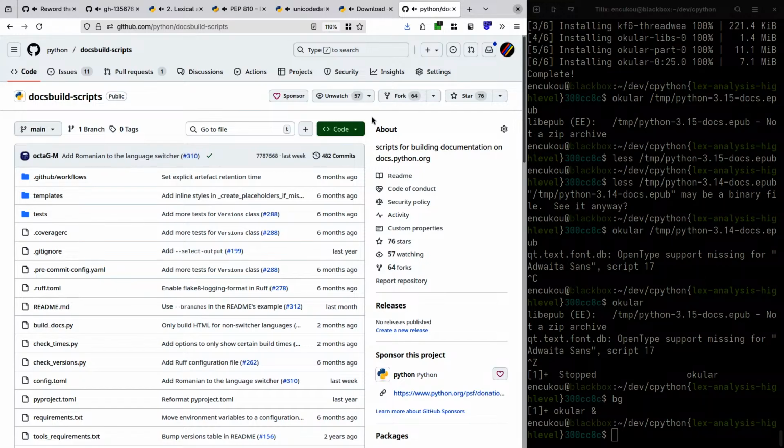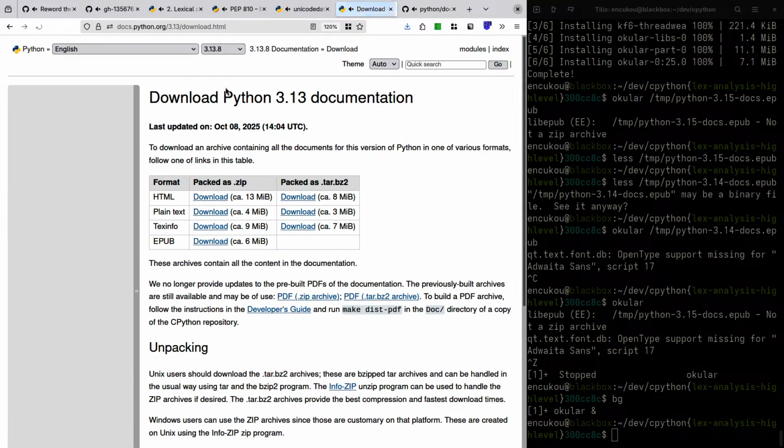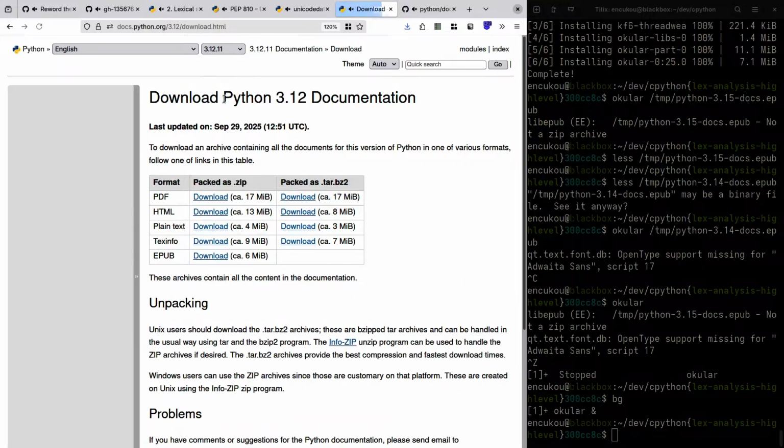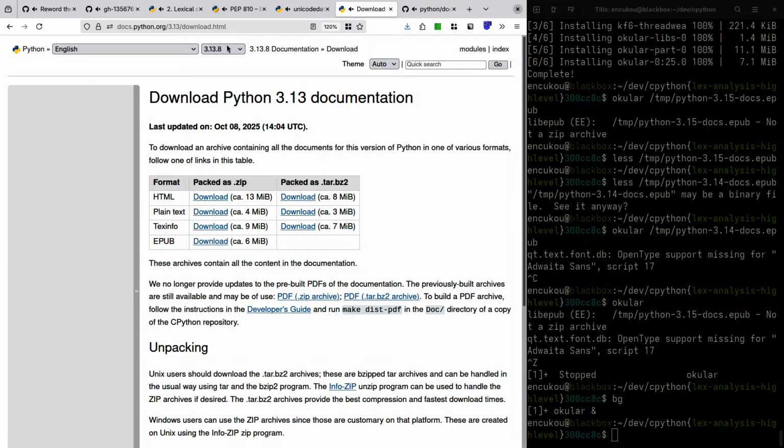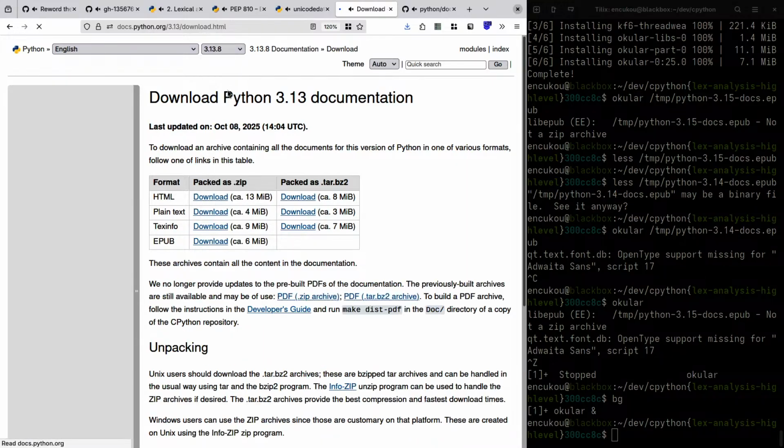What was the last version that had PDF documentation that worked? Oh, 3.12? Looks like, okay. Yeah. Let's take a look. Oh, it's in a zip file. Interesting. Oh, that's because it's many PDF documentation files. Okay, I guess that makes sense. You don't want it to be all in one.